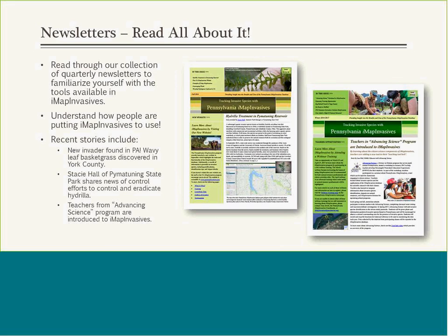Newsletters. We send out quarterly newsletters. This is a way for you to familiarize yourself more with the tools and other functionality involved in iMap. It's also a way for you to learn how people are putting iMapInvasives to use in the work that they're doing. Some recent stories that we've highlighted in our newsletters include the finding of waveleaf basket grass,